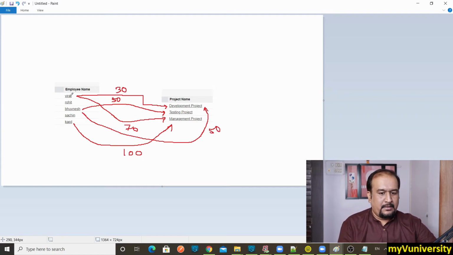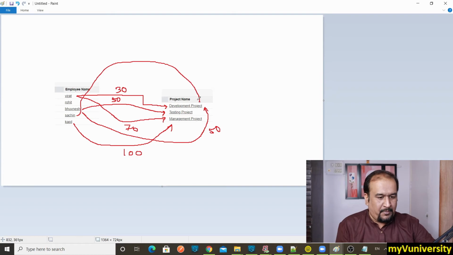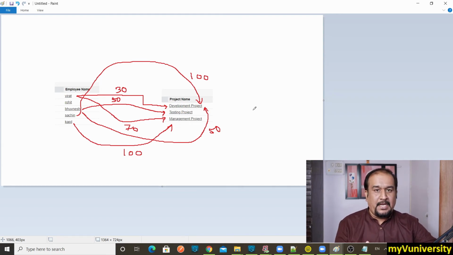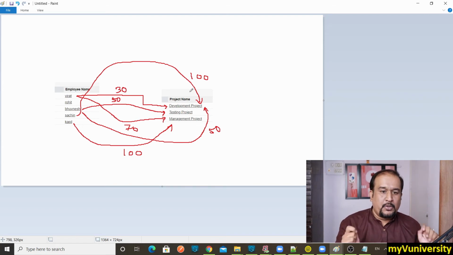Then Rohit does not have any project yet, so his entry is not there in the project allotment. Sachin is working on the development project, totally 100%. It is perfectly possible that some employees don't have a project, and some projects don't have employees, like a newly started project. So let us do this data entry in our project allotment.